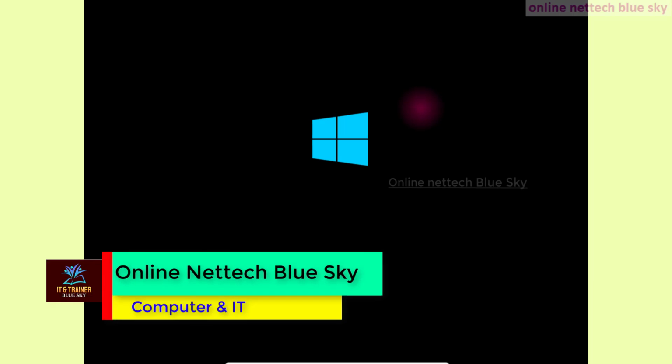You can see it restarts my computer again, and this is starting Windows. Okay, so this is the Windows operating system starting again, restart. It takes about 1 minute.